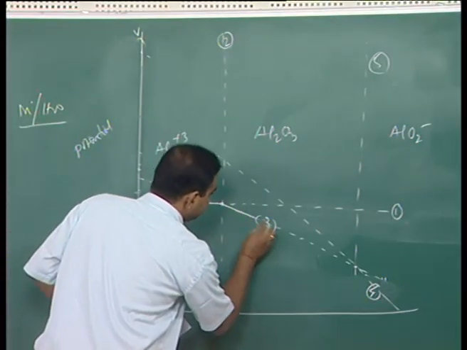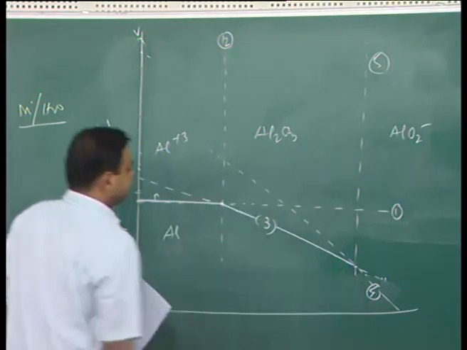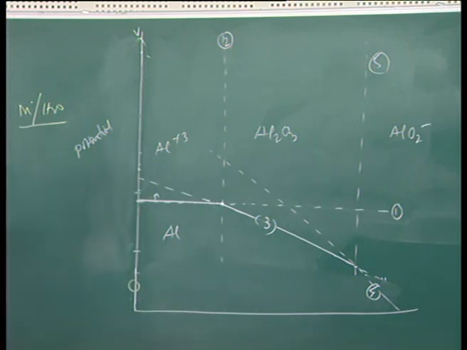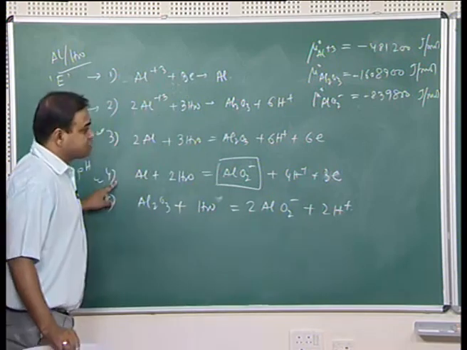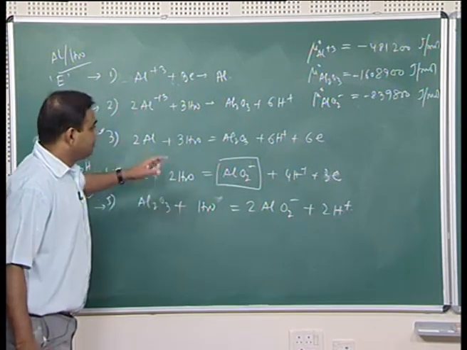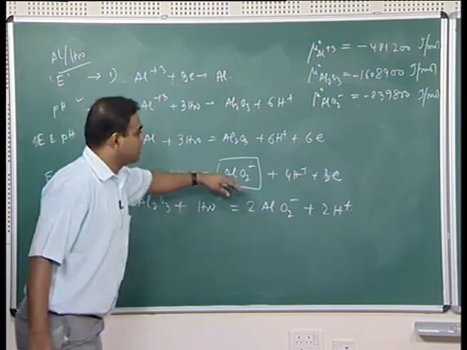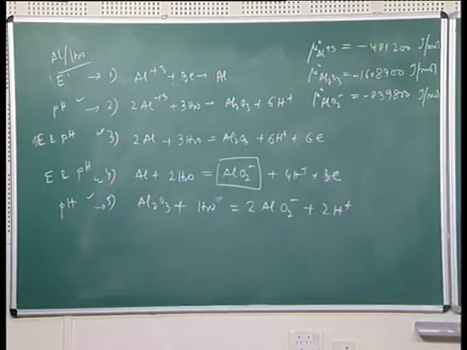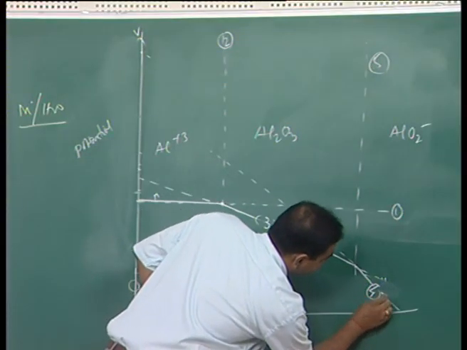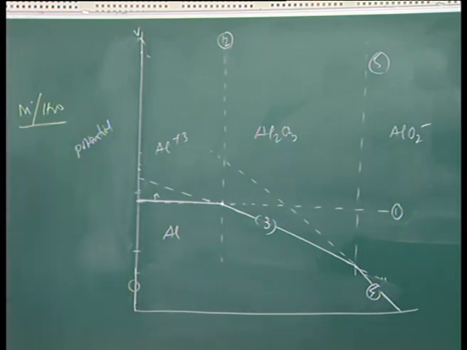We can draw a solid line. This is a solid line. Similarly, this relation we can also have as a solid line, because this would be a boundary between aluminum and AlO2 minus. So, equation number 4 would be a solid line,